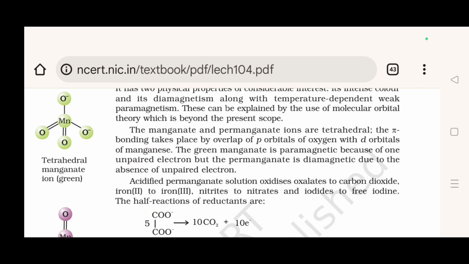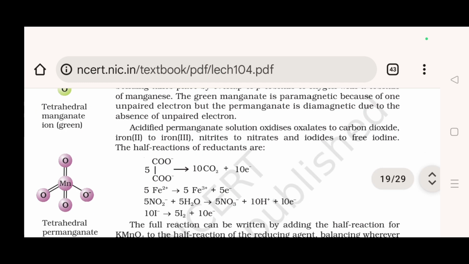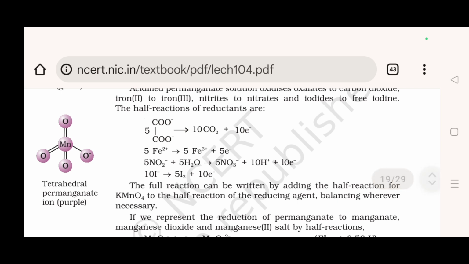Acidified permanganate solution oxidizes oxalates to carbon dioxide, iron(II) to iron(III), nitrites to nitrates, and iodides to free iodine. The half reactions of reductants are 5C2O4^2- gives 10CO2 + 10e-, 5Fe2+ gives 5Fe3+ + 5e-, 5NO2^- + 5H2O gives 5NO3^- + 10H+ + 10e-, 10I- gives 5I2 + 10e-. The full reaction can be written by adding the half reaction for KMnO4 to the half reaction of the reducing agent,